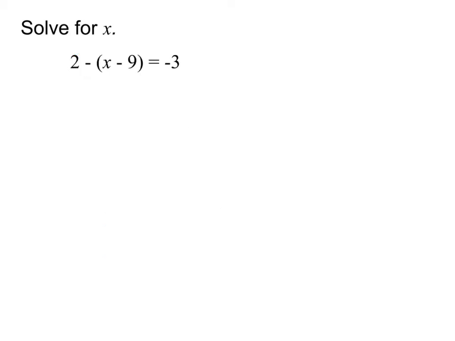In our next problem, again, fairly similar, where we have the parentheses, and we need to start by getting rid of the parentheses. Just be very careful with this type. Oftentimes, I'll see people make a mistake with this, because what they'll end up writing is they'll get rid of the parentheses and they'll say it's 2 minus x minus 9 equals negative 3,